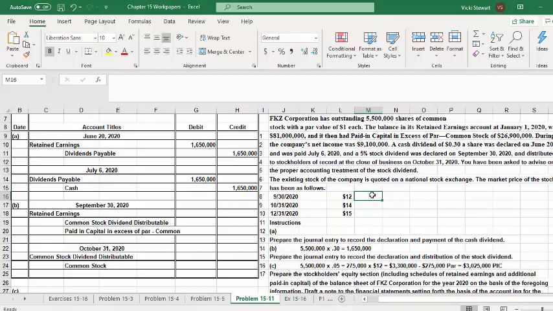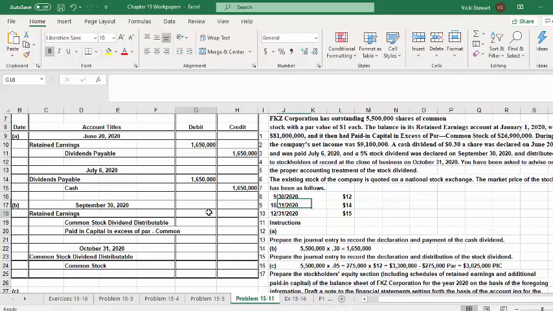So the board of directors declared the stock dividend on September 30th, 2020, and the market price of the stock on that date was $12 per share. So multiplying 275,000 shares times $12 gives us the total of $3,300,000 that we would debit retained earnings for. Then the par value of these shares would be at $1 each, $275,000, and the additional paid-in capital would be the difference of